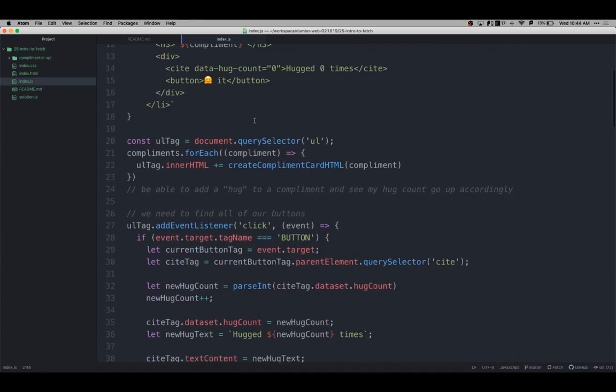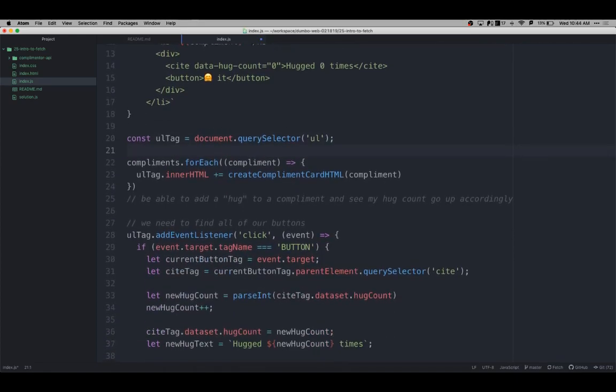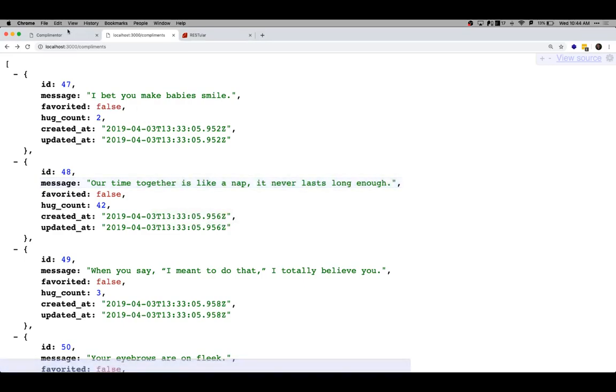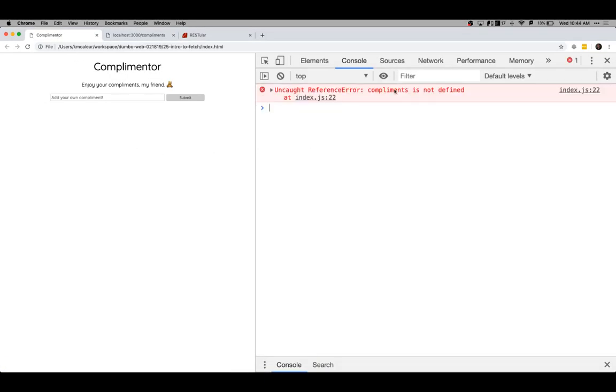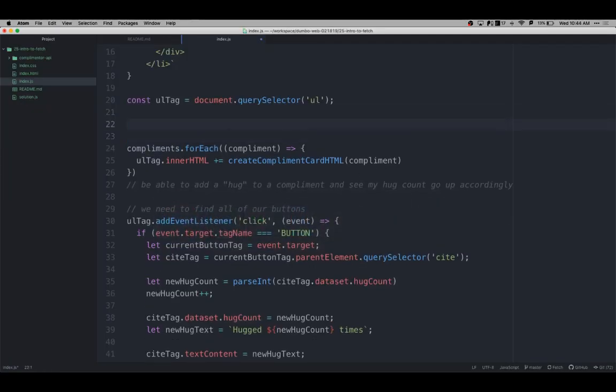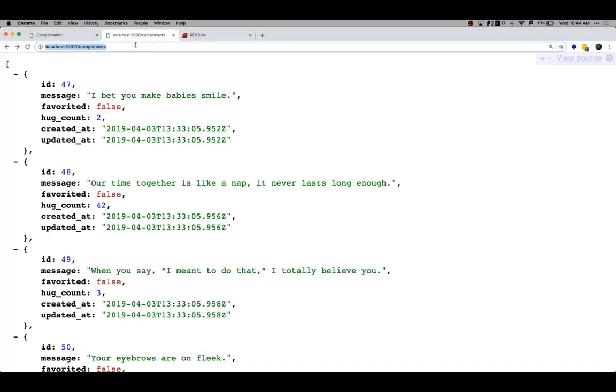All right. So now we have this code, compliments. This is not anything. I just deleted the array. If I run this code now, everything breaks. Compliments is not defined, because I deleted my array of compliments. So what I'm going to do now is ask the server, yo, give me all the compliments from our RESTful route, a GET /compliments. So fetch, copy this,